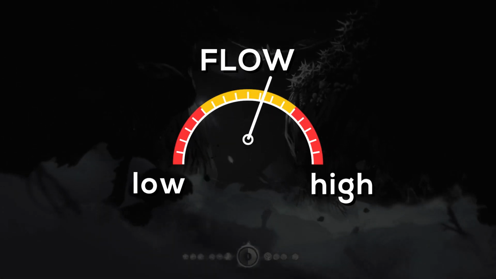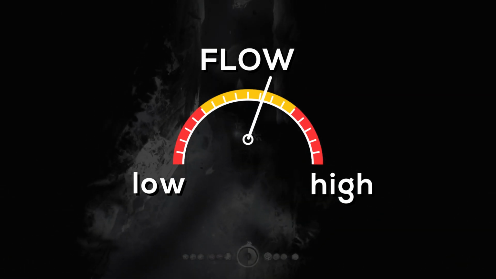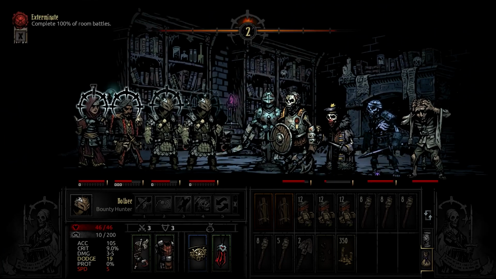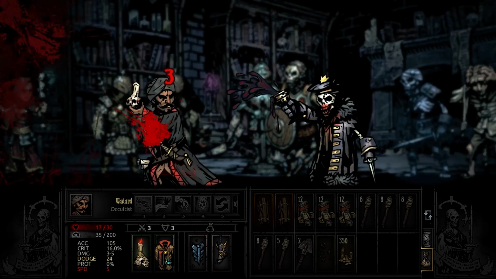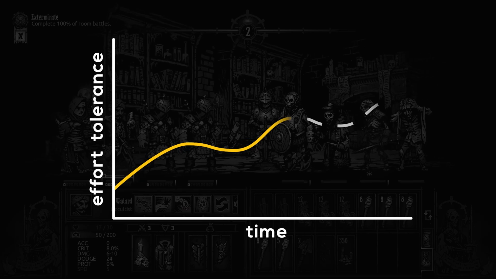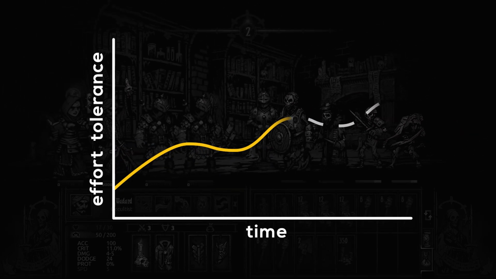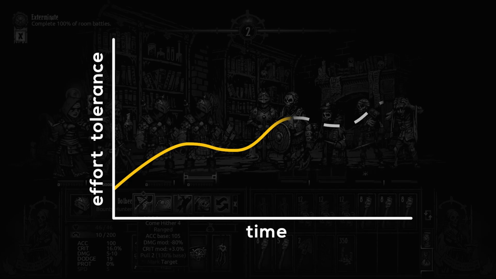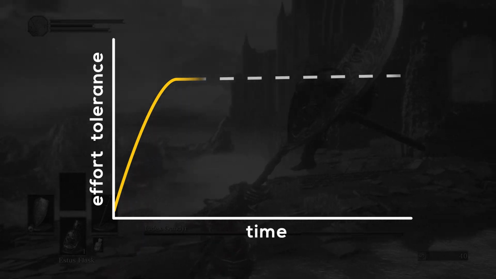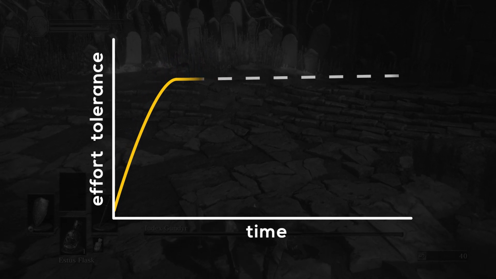And if you consider the flow theory, it makes sense to want to challenge players just the right amount. Flow also tells us that as players get better, the game's difficulty has to increase, and therefore the effort. This means player tolerance changes as the game progresses. With that in mind, a pitfall you must avoid is expecting the curve to look something like this. An early, steep rise, requiring huge amounts of effort before players had any chance of getting to know the game.